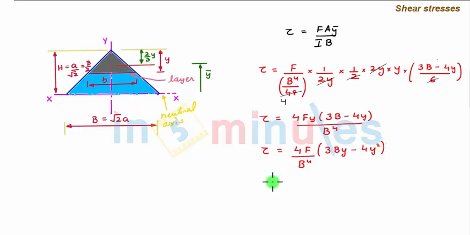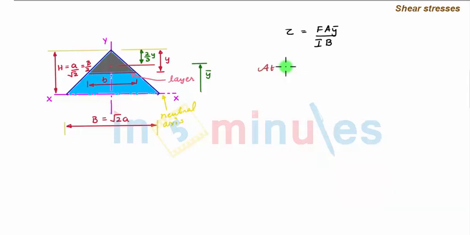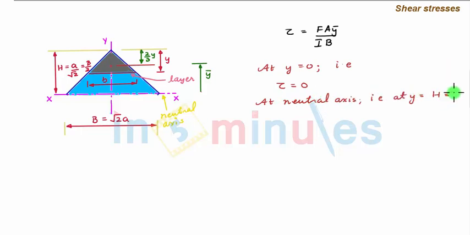Now since we have a y square term, we can say that the shear stress variation is parabolic. So let us determine the value of shear stress at the salient points. At y equal to 0, that is at the extreme point from the neutral axis, the shear stress tau is equal to 0. Also at the neutral axis, that is at y equal to h, or I may say b by 2,